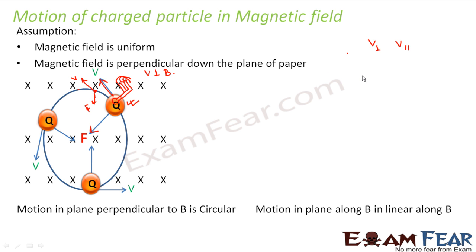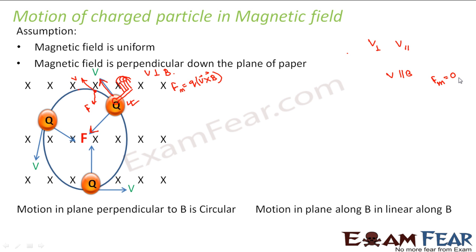But there is another component, that is the parallel component. Now for the parallel component of velocity, what will happen? When V is parallel to B, in that case the magnetic force on the particle will be 0, right? In this case, the magnetic force F is equal to Q into V cross B. So it was non-zero, right? But in this case the magnetic force will be equal to 0. Why so? Because it is V cross B, that is VB sine theta, and theta will be equal to 0 because V is parallel to B. So the magnetic force in this case is 0.